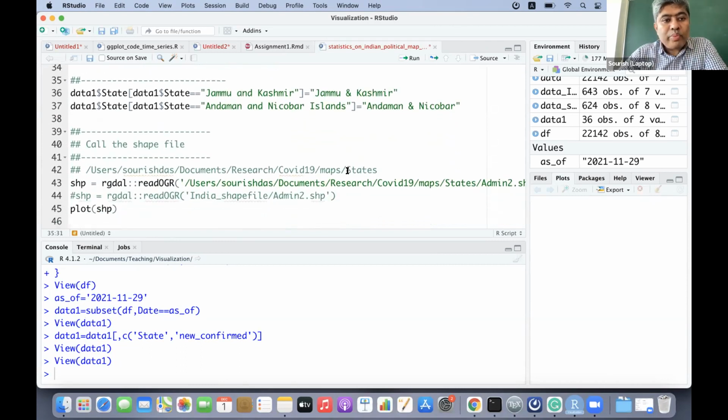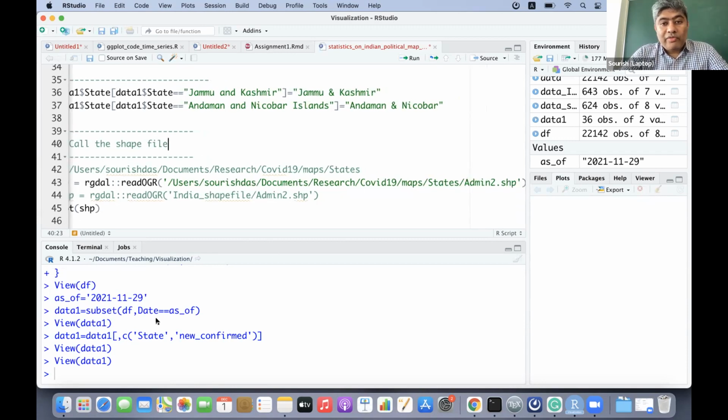In order to draw a plot, you have to call something called a shapefile.